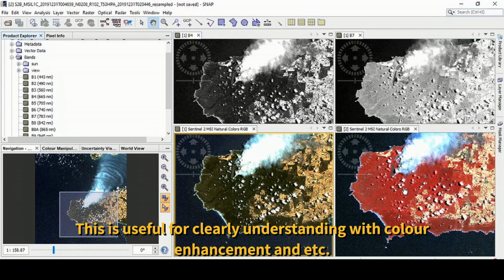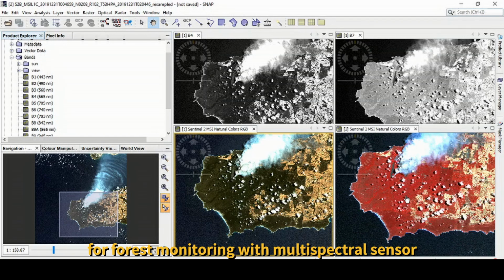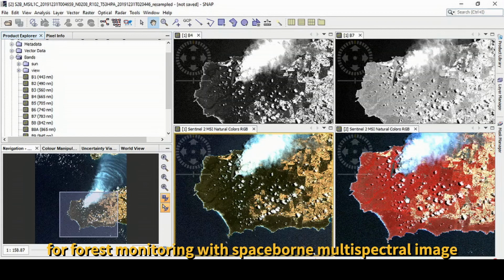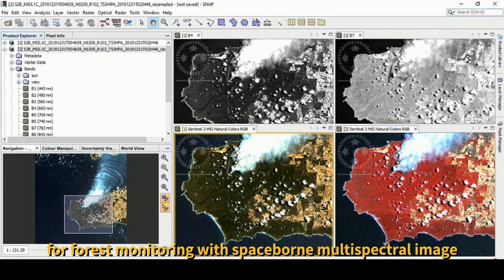So you can clearly understand the useful color enhancement technology and the know-how. This is the useful know-how for forestry vegetation monitoring from multispectral sensors. I can briefly show what the spatial resolution is for the different 13 bands in the Sentinel-2 here.